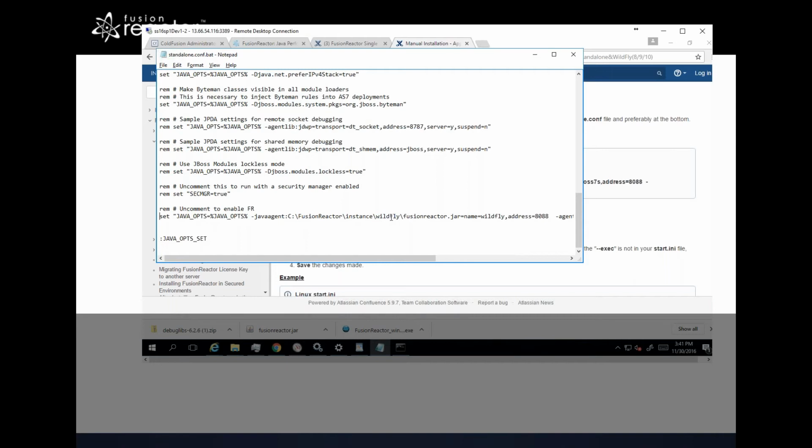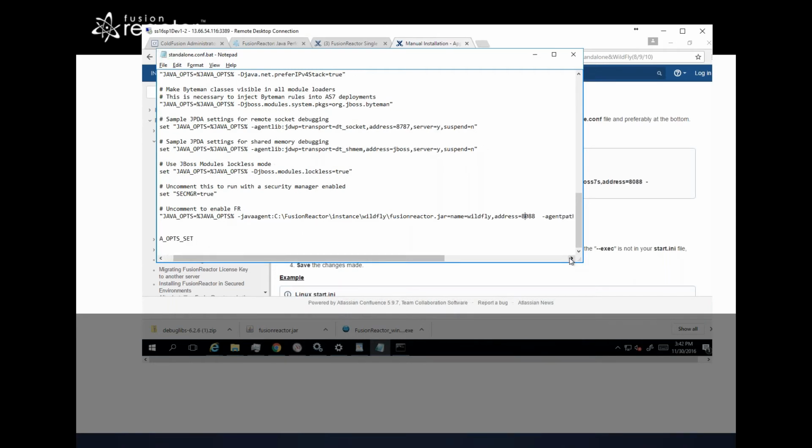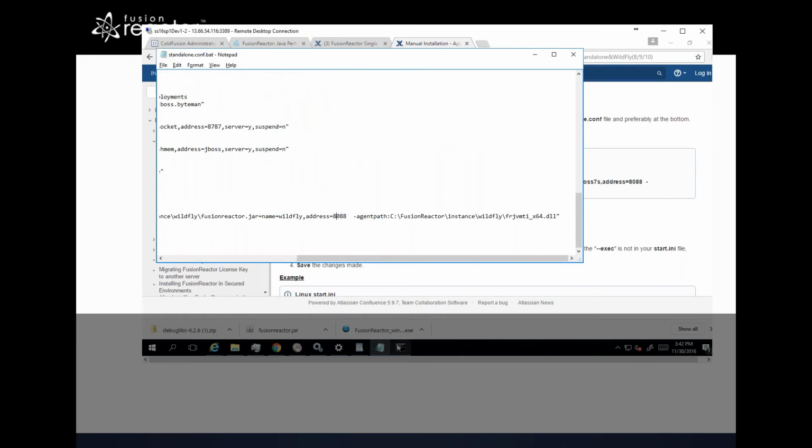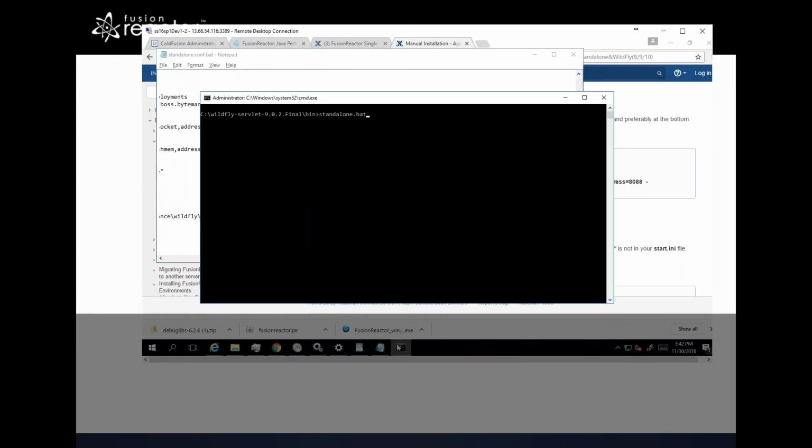And I went ahead and typed this in already earlier, and I would just copy and paste that value from the screen, put it in here, point to the right path, point to the right folder, and make sure the port is the right one for whatever I just implemented. And then same with the agent path. And that's it. Having done that, if I now go start my Wildfly,